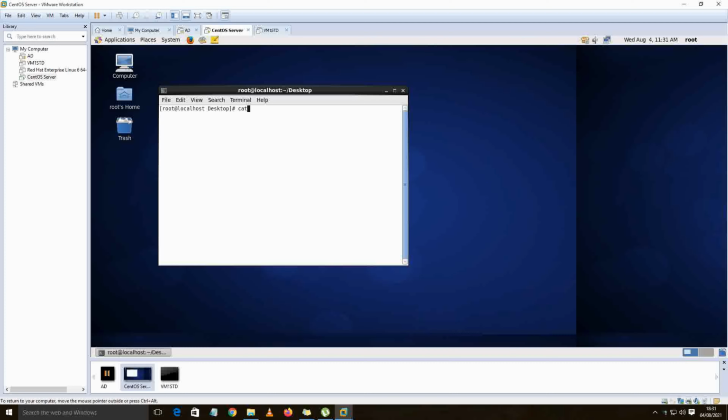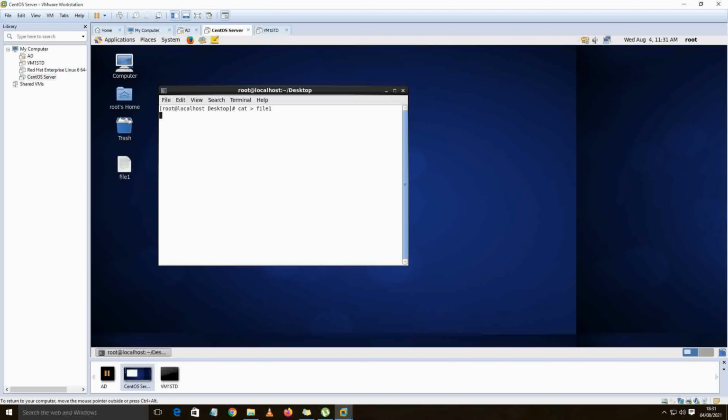For this there is a command called cat. So cat with the greater than symbol will be used, and the name of the file needs to be given. So this is file 1. This file will be automatically created. You do not have to create the file first and then write the content into it. You can create the file automatically when you are writing the content inside it. So file 1 is the file which I am going to create.